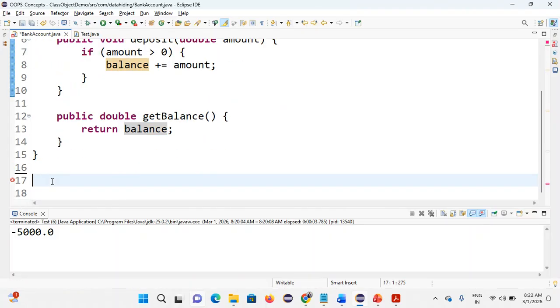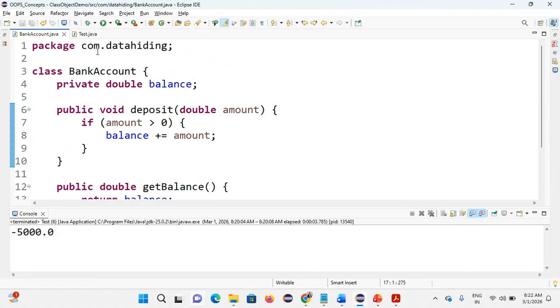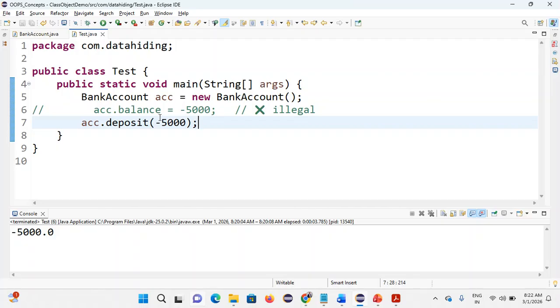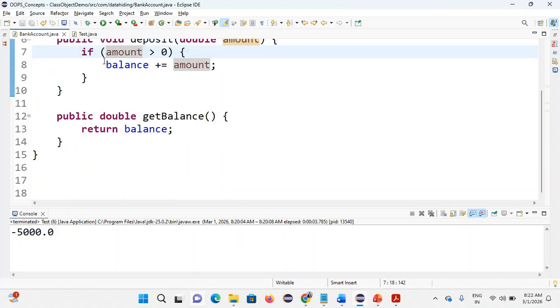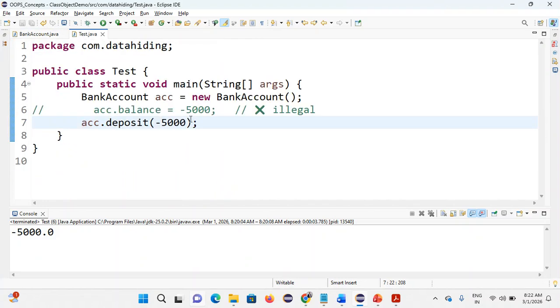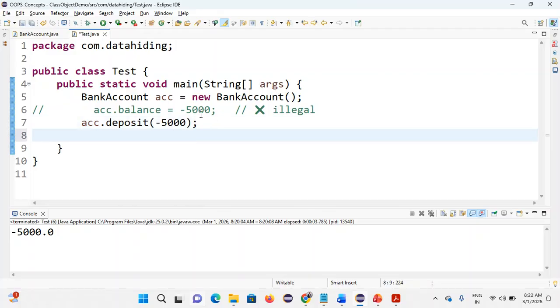So additionally, we have all this here. See here, the method deposit. This minus 5000 is now passed to this method deposit as amount minus 5000. So is minus 5000 greater than 0? Is the condition true or false? False. So it will not be updated. If I'm calling this getBalance,